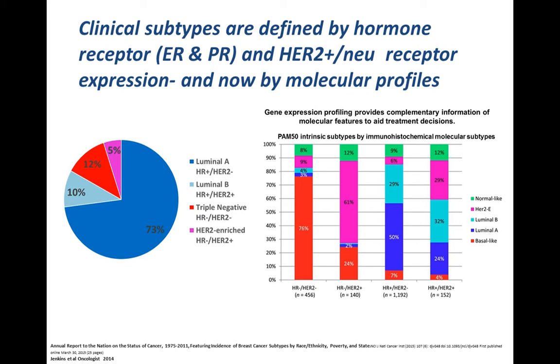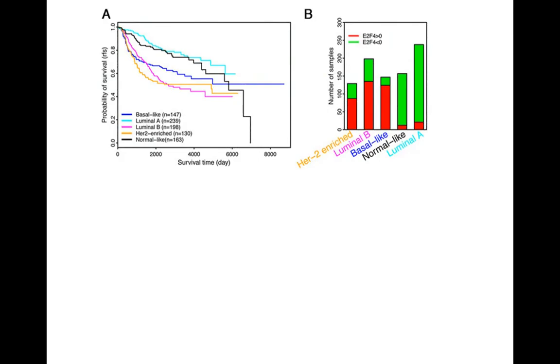By contrast, if one looks at the hormone receptor positive, HER2 negative, the so-called ER positive breast cancers, about half of them are luminal A, about half are luminal B, but you can still find some basals even in this setting. So this classification based on gene expression profile as either basal or luminal is much better. It's a much richer way to describe the biology of breast cancer, and it has an influence on prognosis and disease outcome.